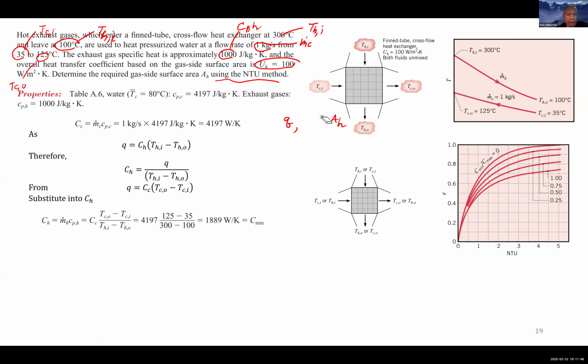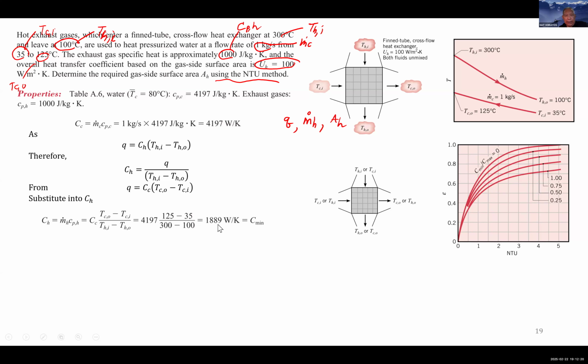What is it that you don't know? Oh, this is the CMH. You don't know the mass flow rate of the hot fluid; instead, that is the unknown. However, using this equation, you can solve for the CH without knowing the M dot H. CH is equal to